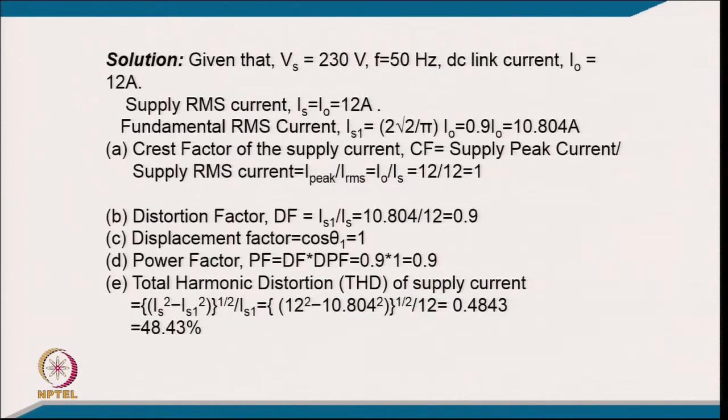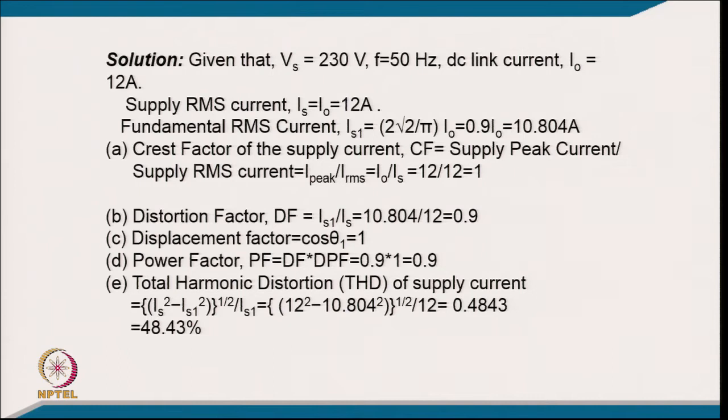Coming to the numerical part, given that the supply voltage is 230 volt, frequency 50 hertz and DC link current of 12 ampere. The supply RMS current, in case of a square wave, if you integrate and take the average, comes the same as the DC side current. So, it is 12 ampere. The fundamental of this square wave is 4 upon pi into I, that is the peak, but divide by root 2. So, it becomes 2 root 2 by pi into I 0, that is the fundamental RMS current, and by calculation it comes 0.9 I 0. So, 0.9 into 12 comes